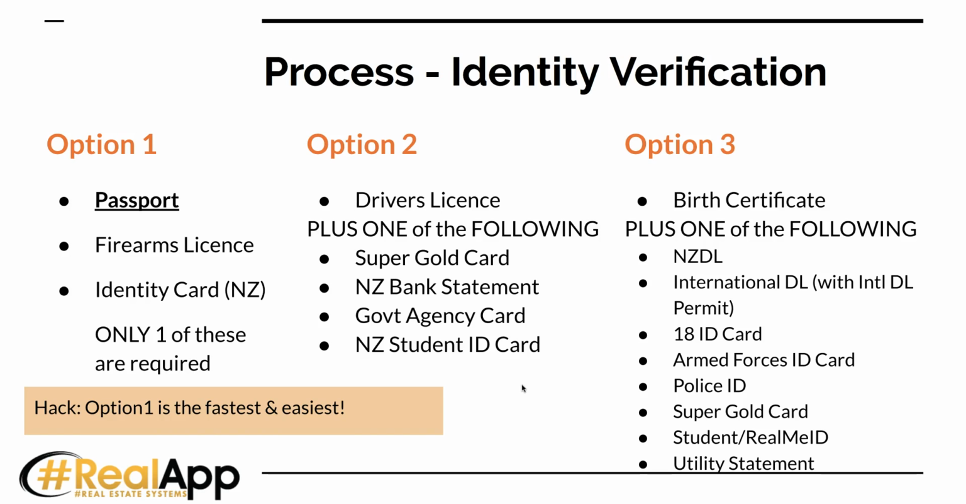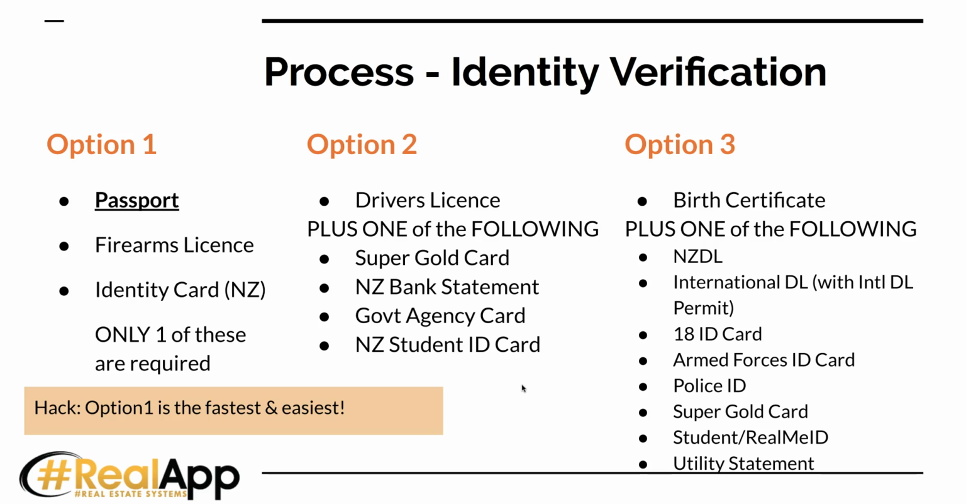However, in the event that they have a driver's license and nothing else, then you must have one of the following below that, which is a Super Gold card, New Zealand bank statement, a government agency card, or a New Zealand student identity card. Now, if they turn up and say, look, we've got a birth certificate, all right, then